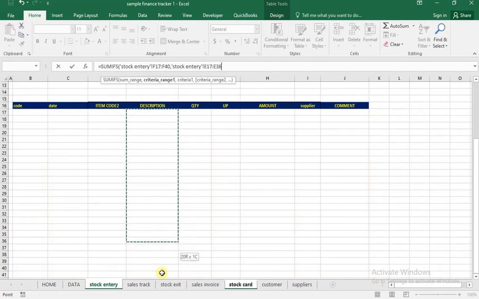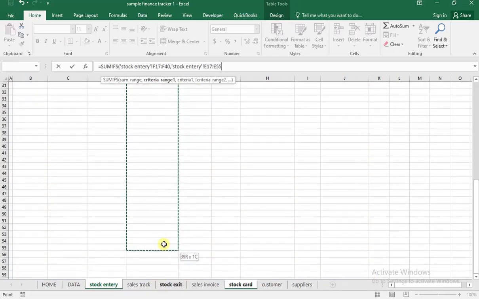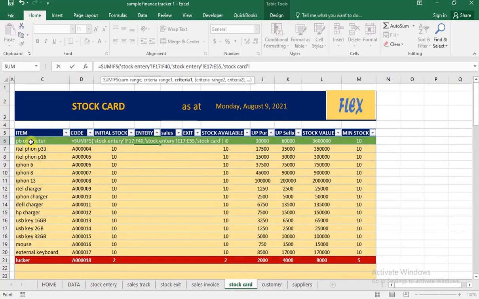If the description in our stock entry is equal to the description we have here, that's the only condition we want. We want to sum the quantities if the item is equal to what is here. So when we close it,